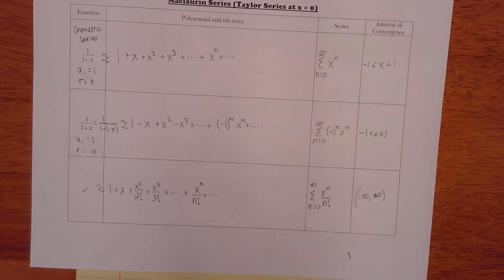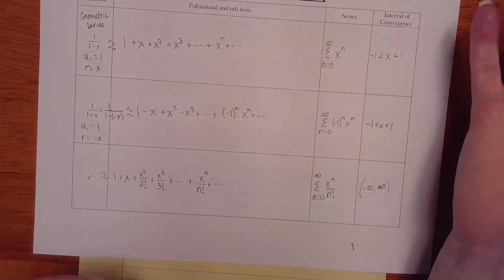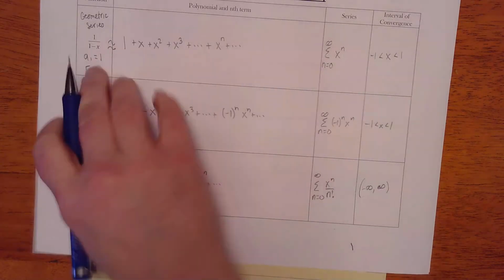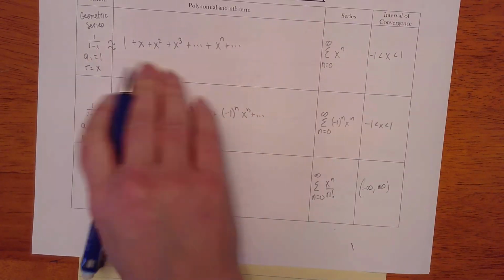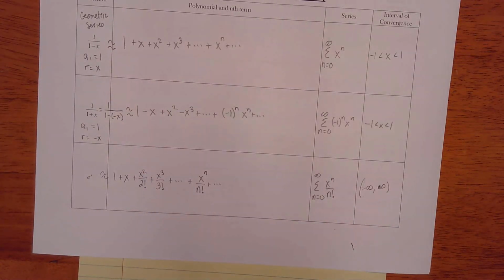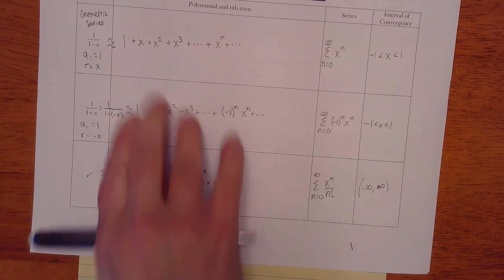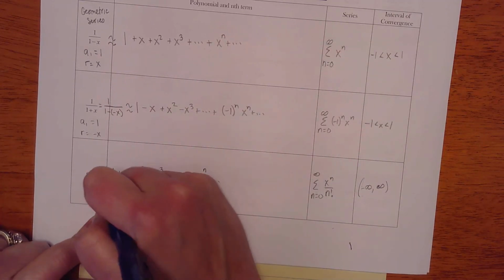So now, ones you want to memorize. You want to memorize them all, okay? Geometric series, hopefully, is not too bad for you guys. This is what we call a power series. And we're going to talk more about those. This is just the negative version of that. It rotates. For e to the x, I remember